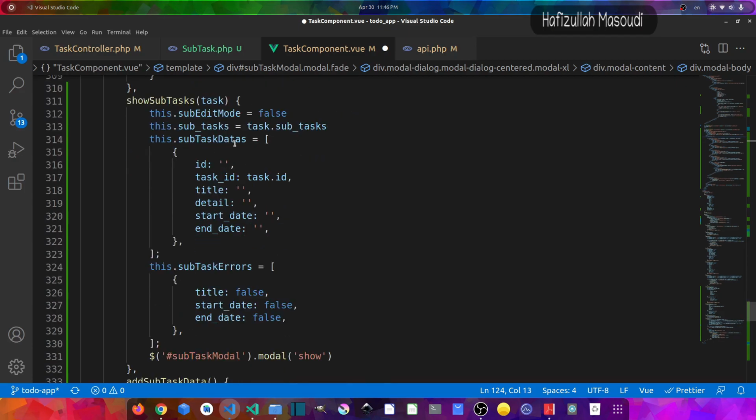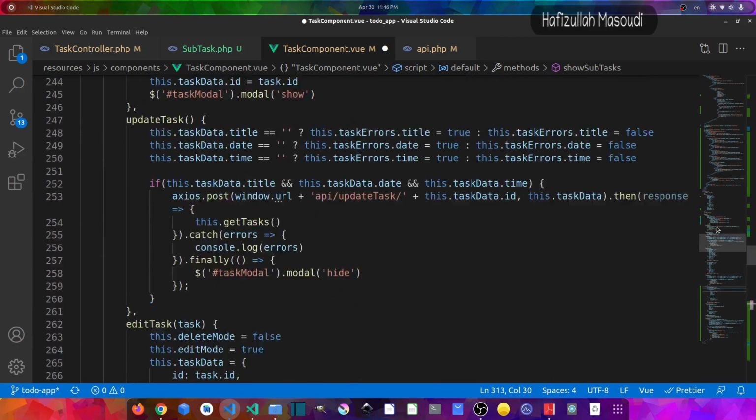Yeah, you can see we are assigning this subtask object all the subtasks from this task variable, so we can get the subtasks from here. So let's get back to the model,